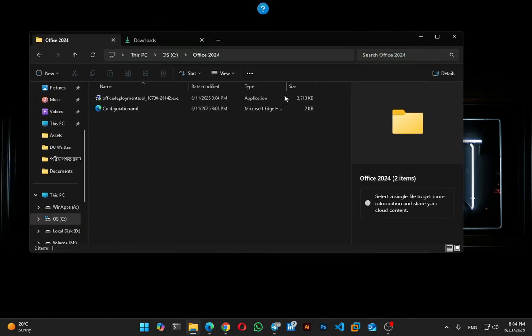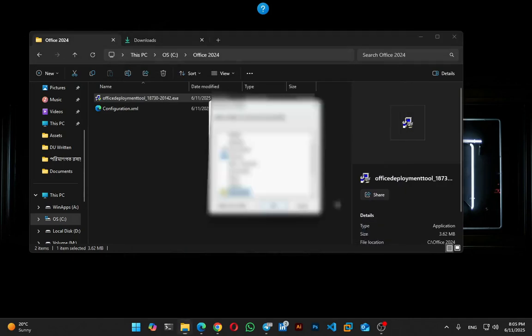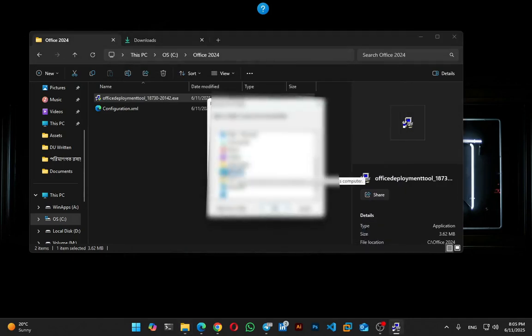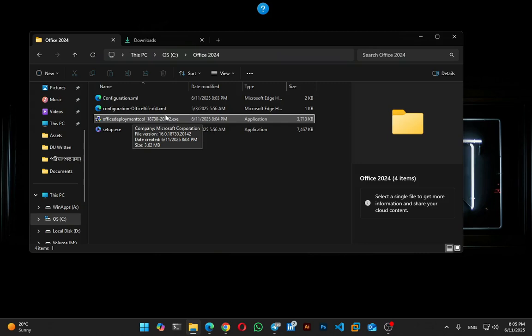After copying those files to this directory, right click on Office deployment tool and then run it as administrator. Give permission, accept the agreement, and then continue. After that, select the directory which you have created before. Okay, now it's extracted and it gives us two files. Now what we have to do,